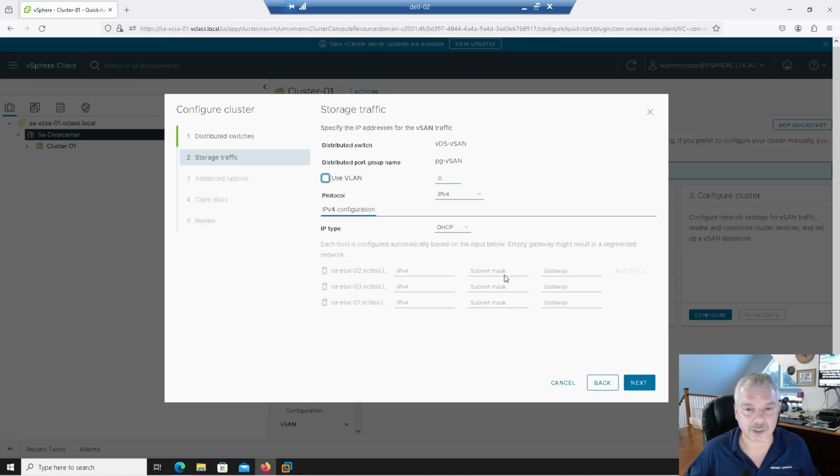Now, this is where it's asking me, do I want to set up the IP addresses for the VMkernel port for vSAN, okay? And yes, I do. I'm going to do my static addresses. I'm not going to use DHCP. And I'm going to type in my IPs. So this will be for the first server, 172.20.30.51, subnet mask